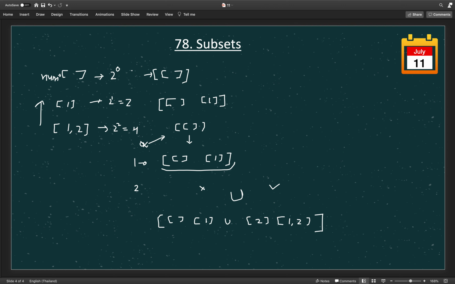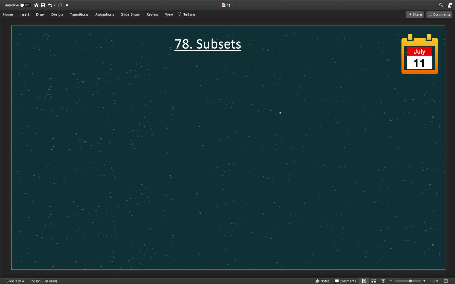So let's discuss the bigger picture here. For n equals 3, where nums has all the elements 1, 2, 3 as given in the example, we will follow the same process as we did in the previous example. We will start with the empty subset first, then we choose 1, then the empty subset is ready, union with choosing the 1. Then select both of them, not placing 2, and this gives 2 subsets here, and then add 2 to the existing subsets, which gives 2 and 1, 2.